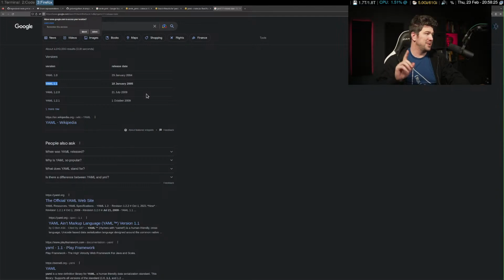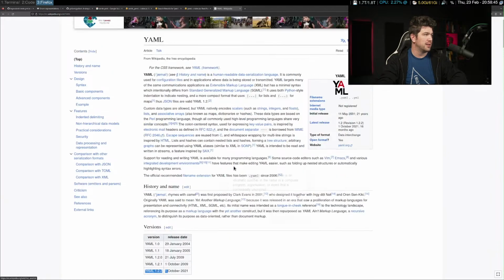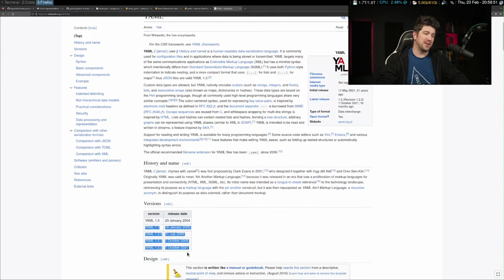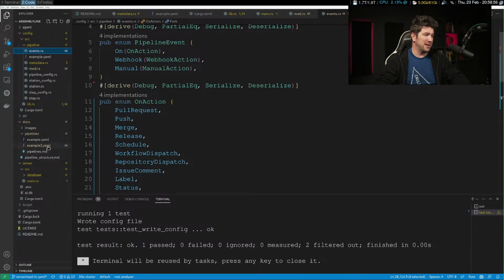Also, do be careful. The differences between 1.1 and 1.2 are actually pretty big. So do be careful. You really want to be on 1.2 or the latest. I actually want to do a video on it called "You Suck at YAML" because this is very confusing, and effectively is the reason you have stuff like this.